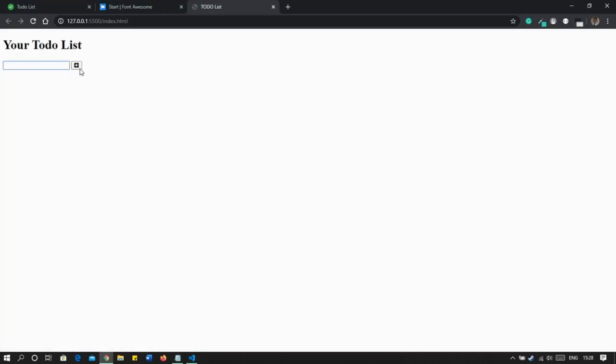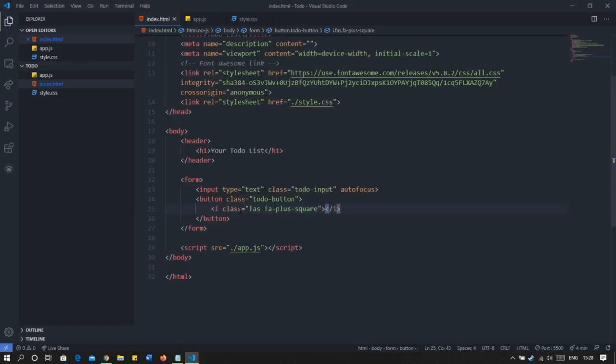We will style it later, but we have what we need, right? The way Font Awesome works is it looks for the class and fetches the icons accordingly from their own library. So we have the button now.